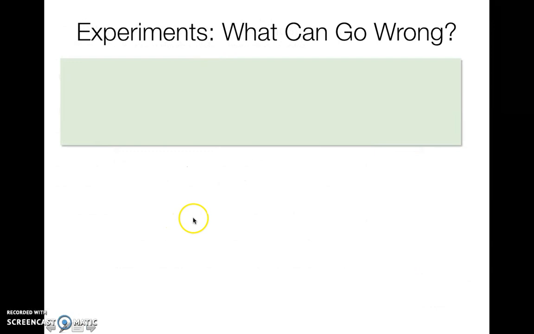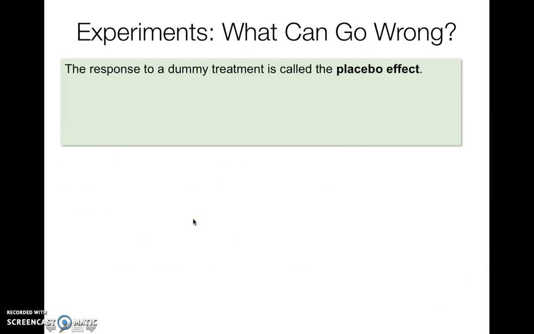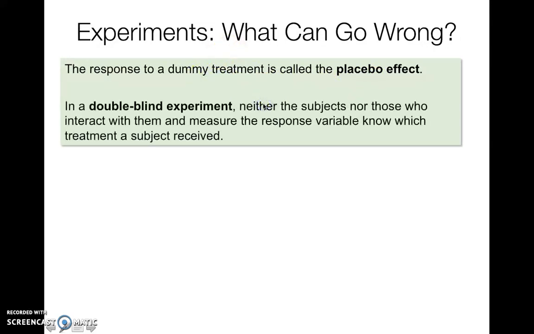So in experiments, what actually can go wrong? And so the first thing is that response to a dummy treatment is actually called the placebo effect. So if you take a placebo pill and you actually have a positive response to it, that's called the placebo effect. And we also have a double-blind experiment, and that is where neither the subjects nor those who interact with them